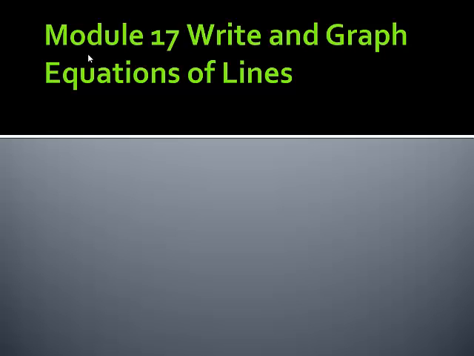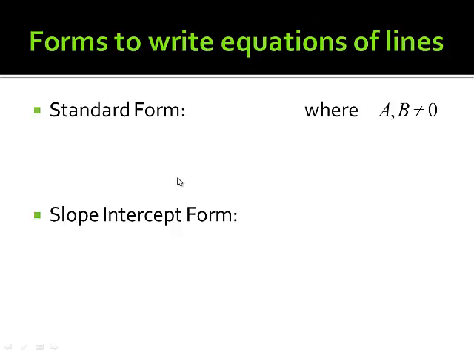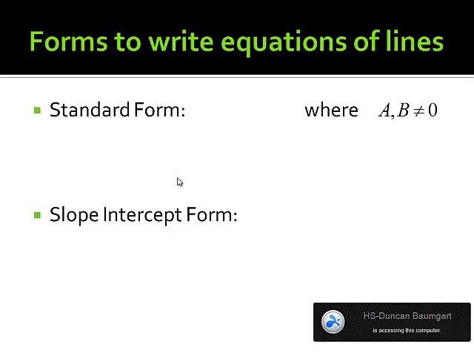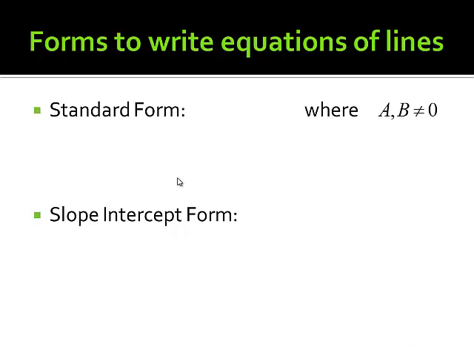Alright, this is Module 17, Write and Graph Equations of Lines. We have forms to write equations of lines in. One of these forms we actually use more often than another one. Standard form we use every once in a while, and that's the form where you have a constant number a times some variable x. It's going to be your input variable, and then plus some constant number b times your variable y equals another